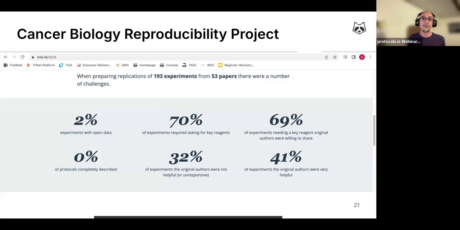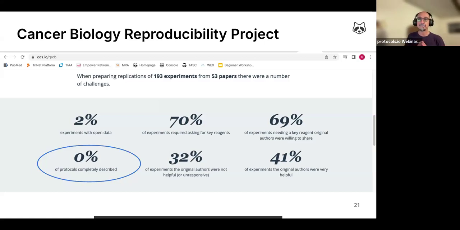So what you see on the screen is the Center for Open Science website that summarizes some of the results of the Cancer Biology Reproducibility Project. And as you can see, of the 193 experiments that they tried to replicate from 53 articles, 0% of the protocols were completely described, which made it impossible to reproduce them without contacting the original authors.